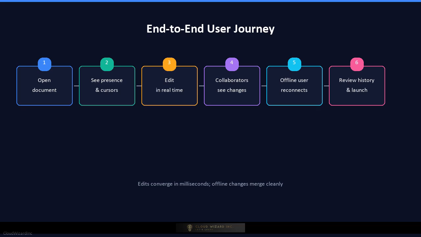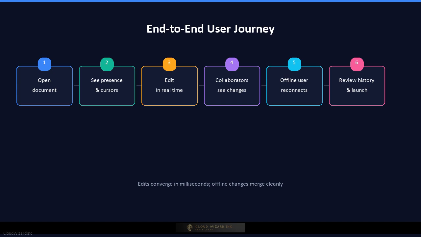Let's trace the end-to-end user journey. A product manager opens a shared product requirements document in her browser. She sees 3 colleagues are online. One is in the introduction, another is editing the requirements section, and the third has left a comment on the timeline. She types a new requirement. Her change is sent as an operation over a WebSocket, transformed by the server, and broadcast to the other 2